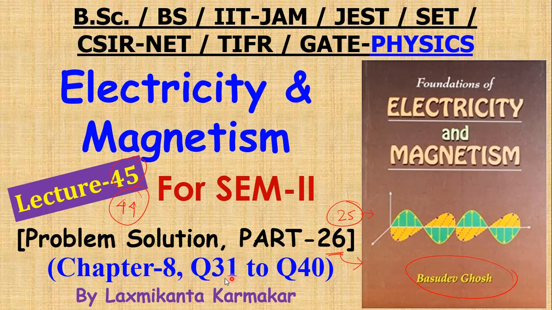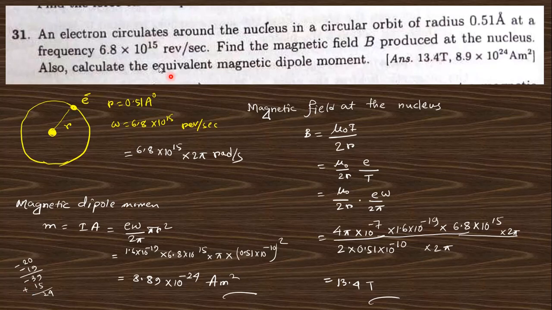So let's start with question number 31, which says an electron circulates around the nucleus in a circular orbit of radius 0.51 angstrom at a frequency. This is the nucleus and this electron circulates around this orbit. This is the frequency, that is revolutions per second. If you want to convert into radians per second, you multiply by 2 pi. Then find the magnetic field produced at the nucleus. You need to find out the magnetic field